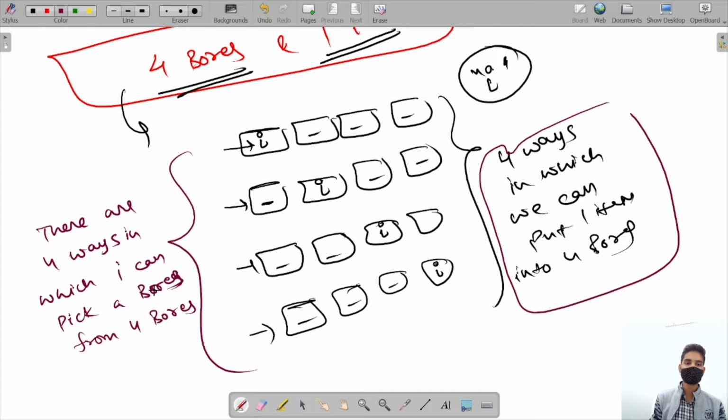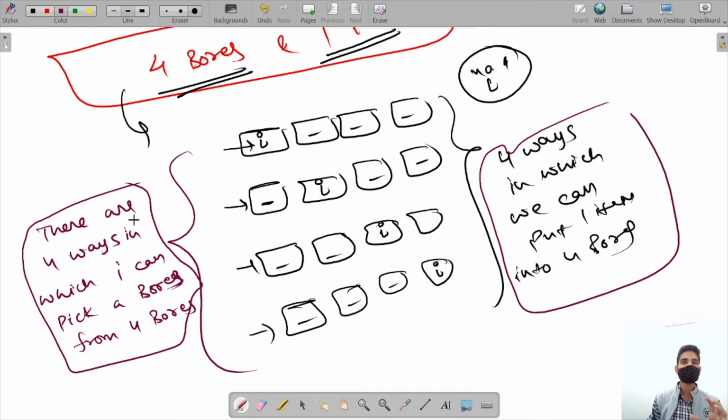In the first case I am selecting this box, in the second case this box, then this box, and then this box. So there are 4 ways. These are exactly the same thing, mirrors of each other. Basically, one is saying in how many ways I can put k items into n boxes.